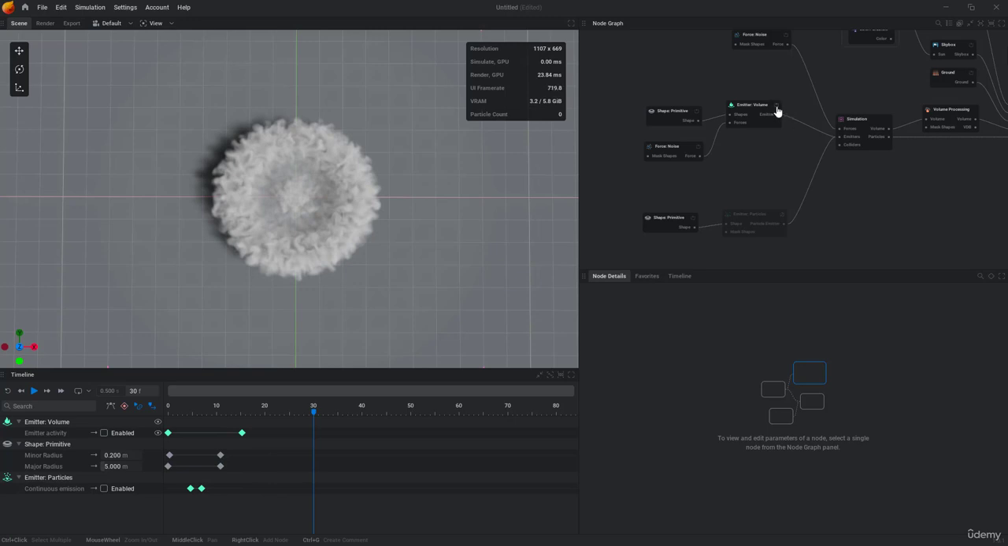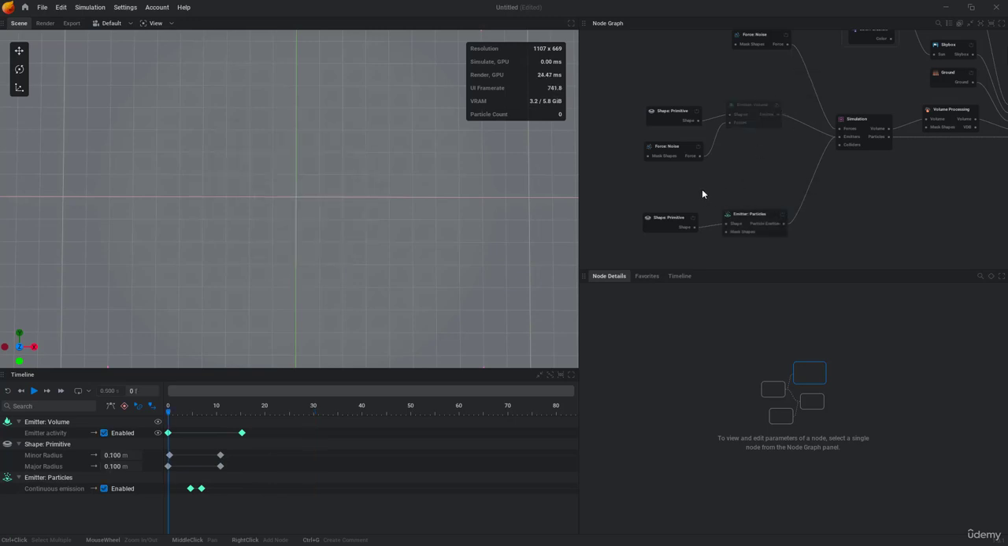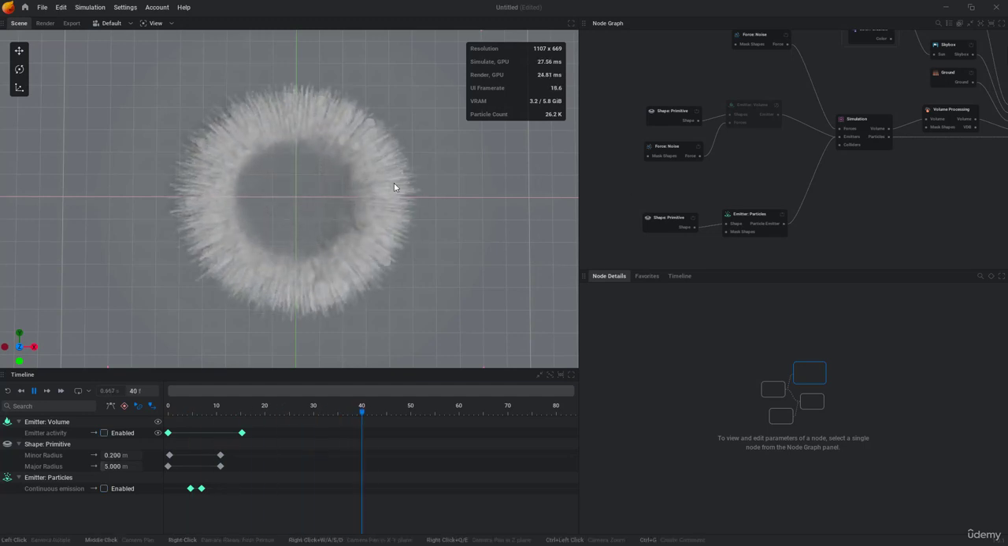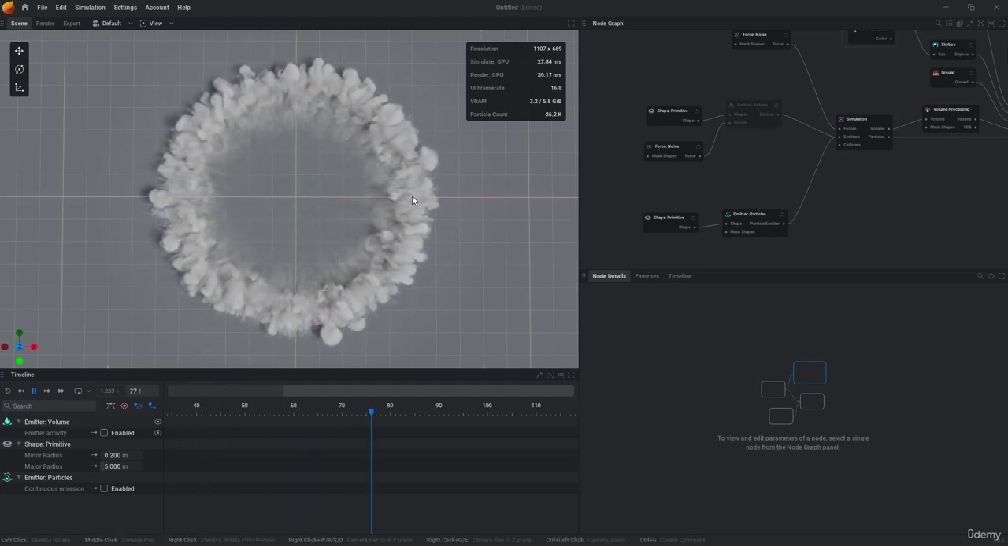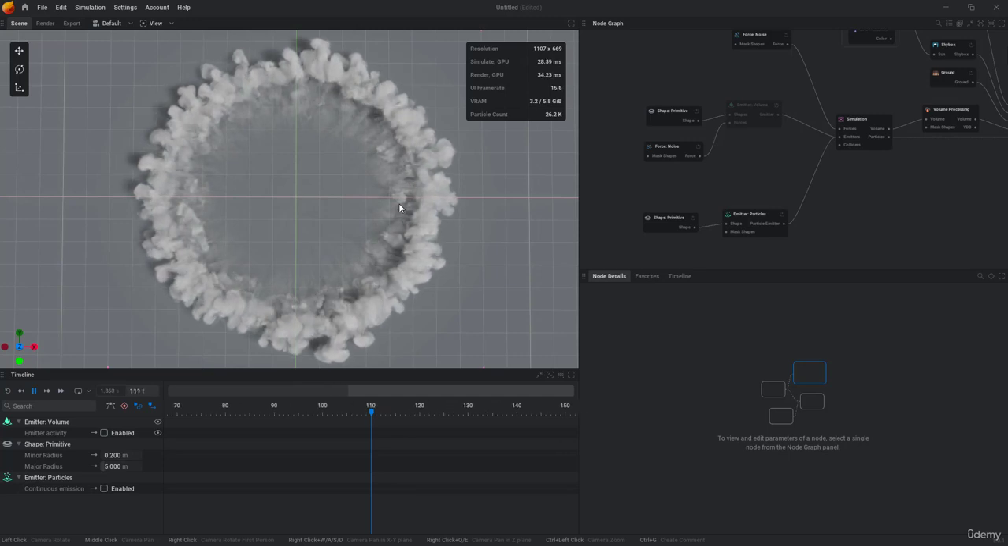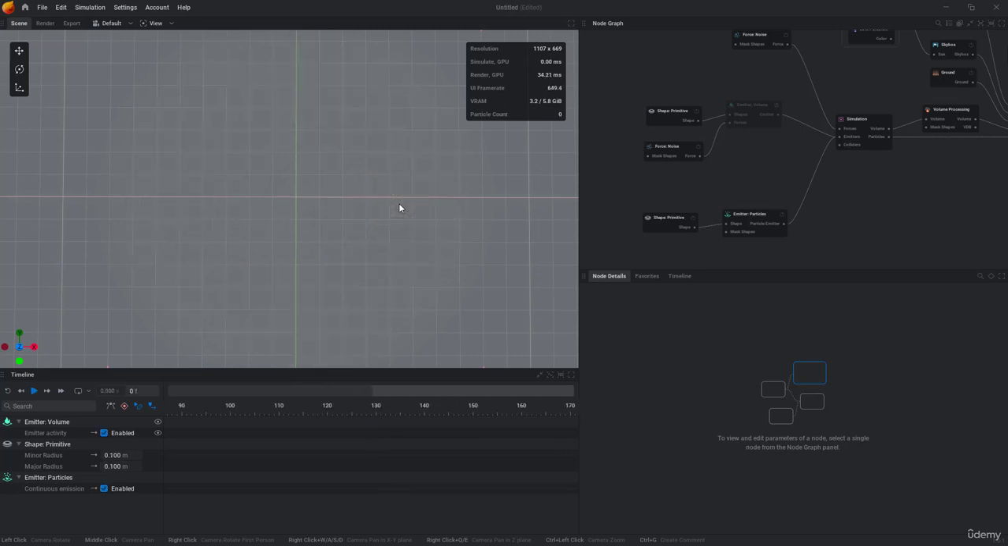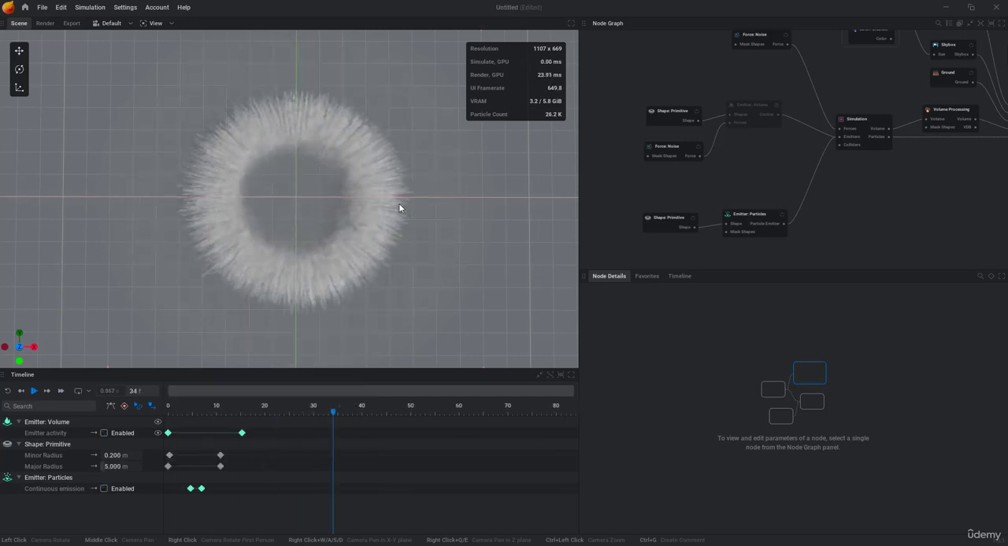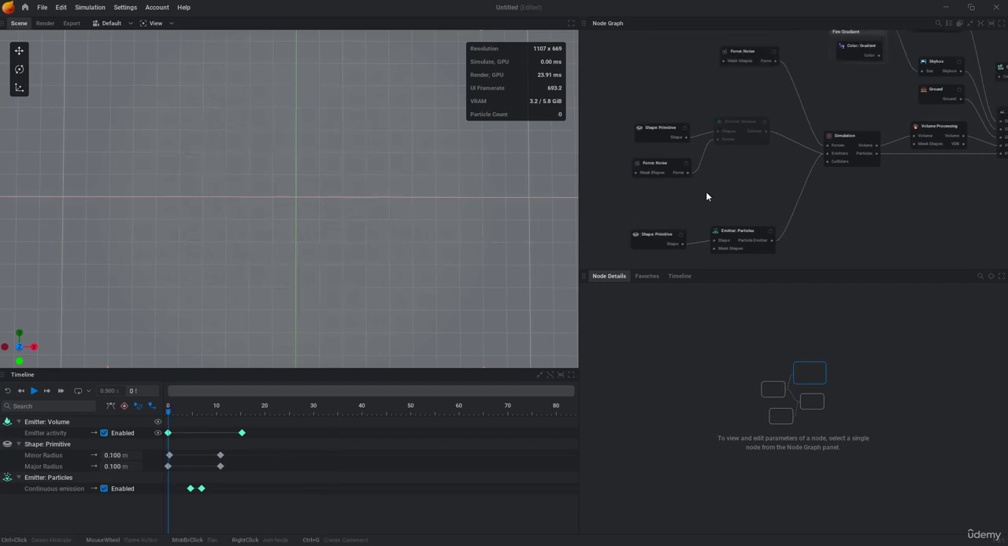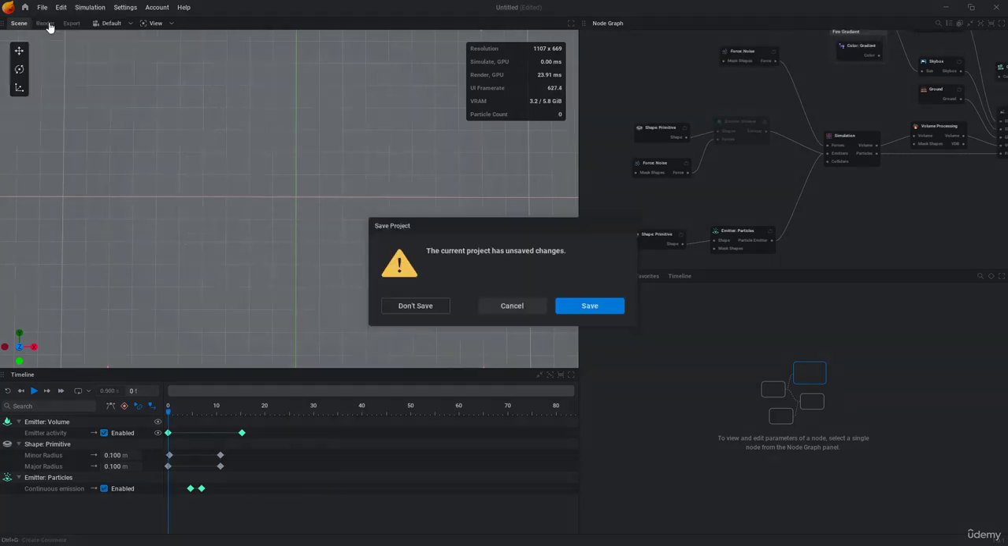Let's go ahead and turn that off, and I'm gonna turn on the particle shockwave. You can see we have more details there and a more interesting result using the particles. So it's up to you which one you want to use. I'm gonna show you both of them. So let's go ahead and open a new project,